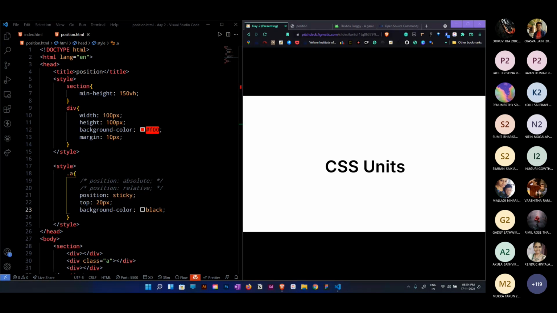Is it compulsory to use the style tag for CSS? No, you need to use style inside the head itself. You can't use style inside the body. You need to use style inside the head itself, or you can add a different file for the CSS as we discussed yesterday. Yeah, someone else also explained containers.